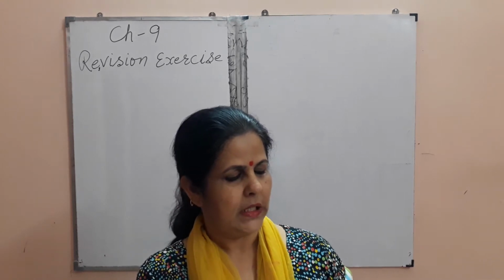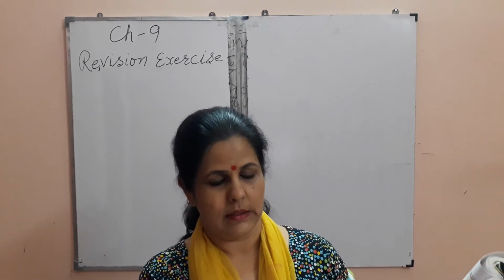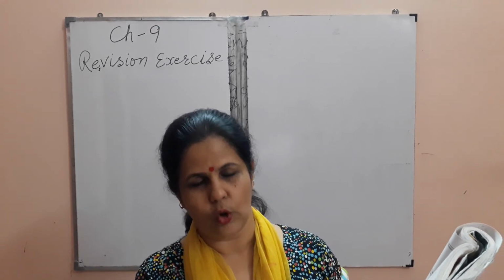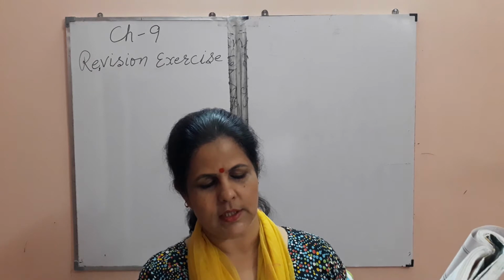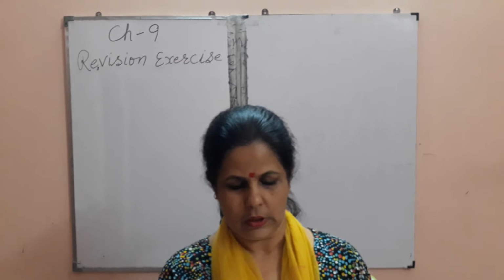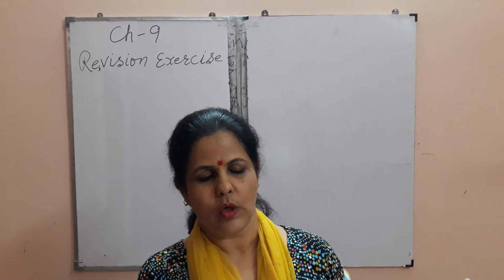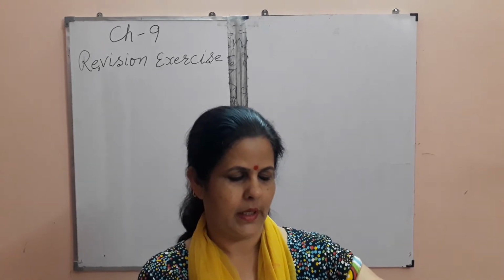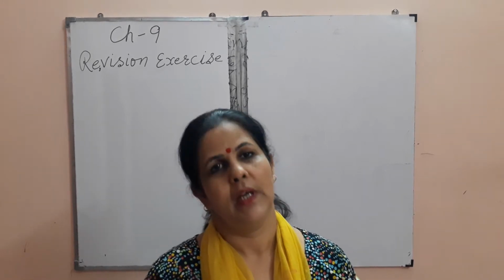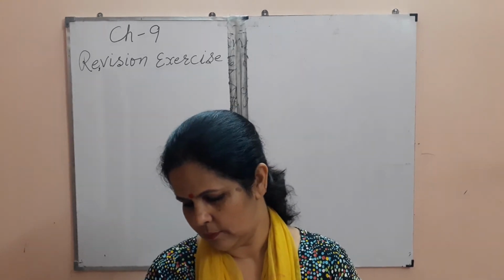Fourth is linear pair of angles. First is POR and ROQ. First pair, and second pair is POT and TOQ. There are more pairs also. A third pair is ROQ and QOS, and fourth pair is ROP and POS. Understood? So like this you will do this question. You will do this question in the book only.